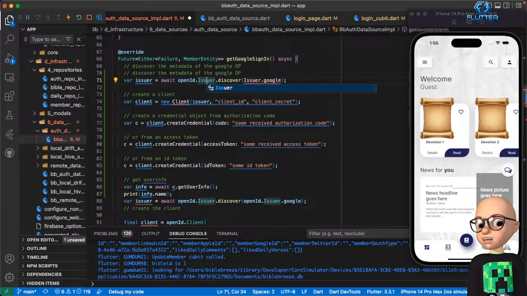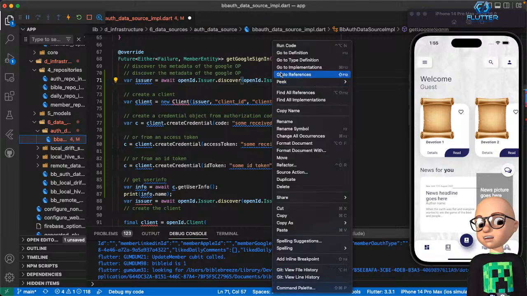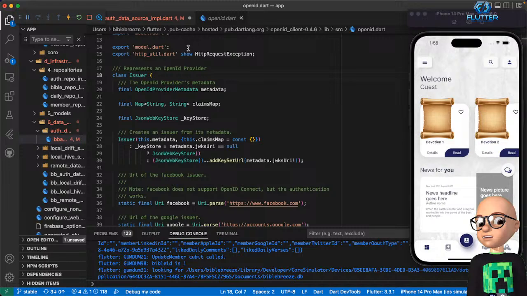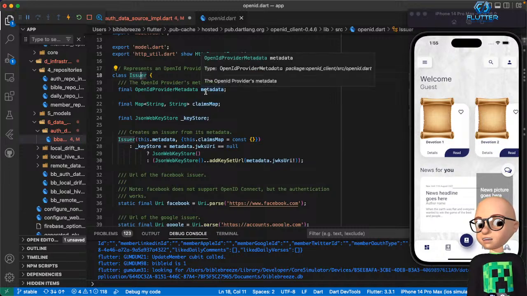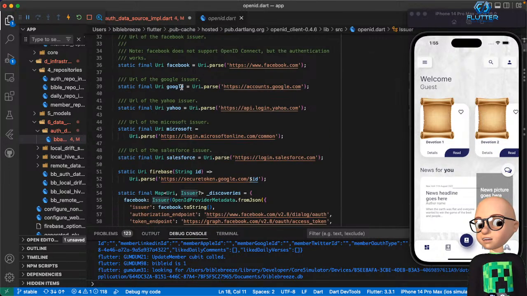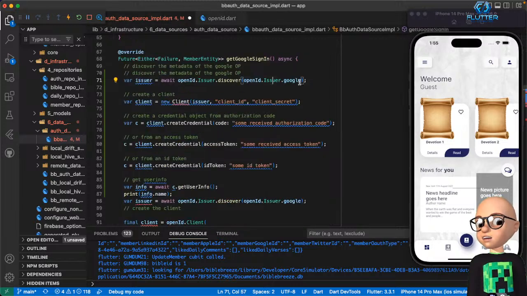OpenID issuer. And if you look at openid.issuer.google, let's close some of these up. We know now where the error is. It's right here. If you go to the issuer and we're looking for Google, it's just the URI. That's all it is. So we're going to put the URI of